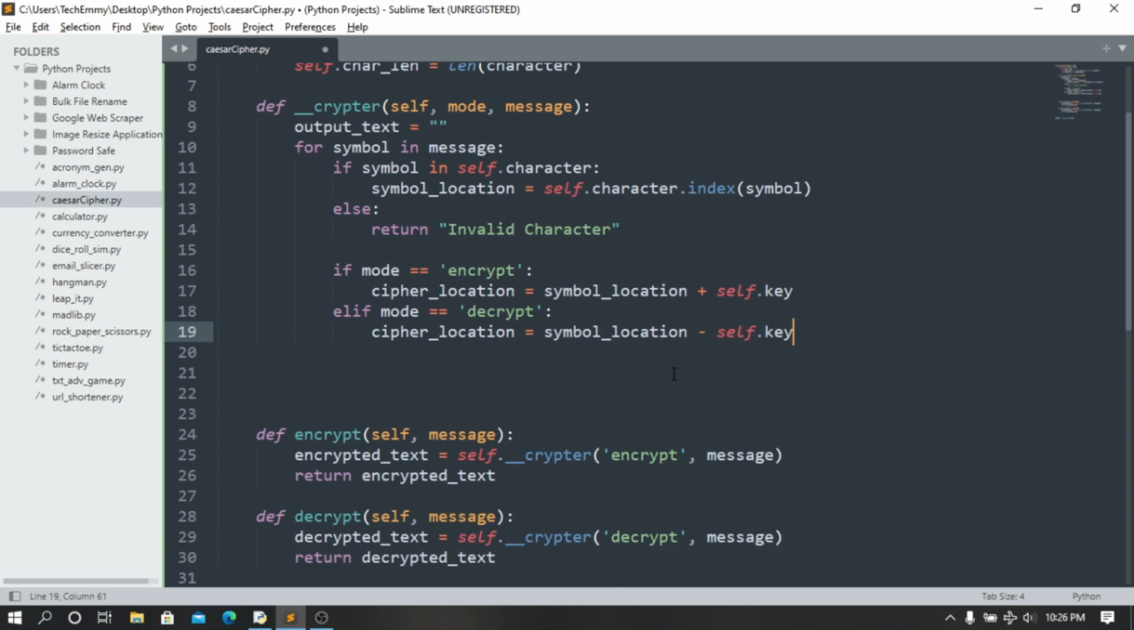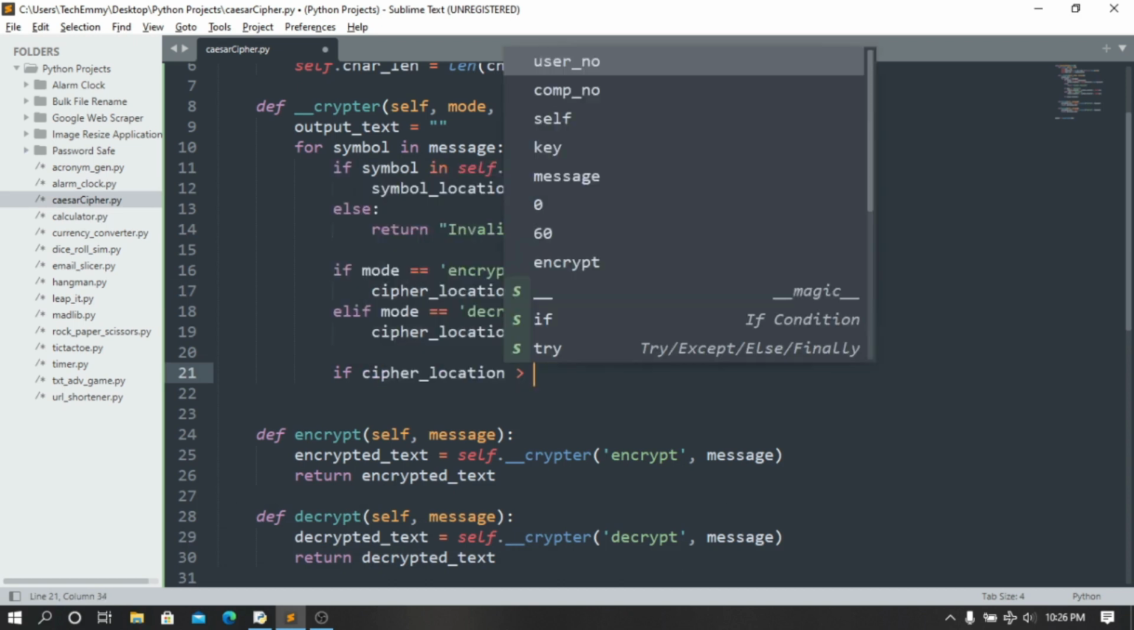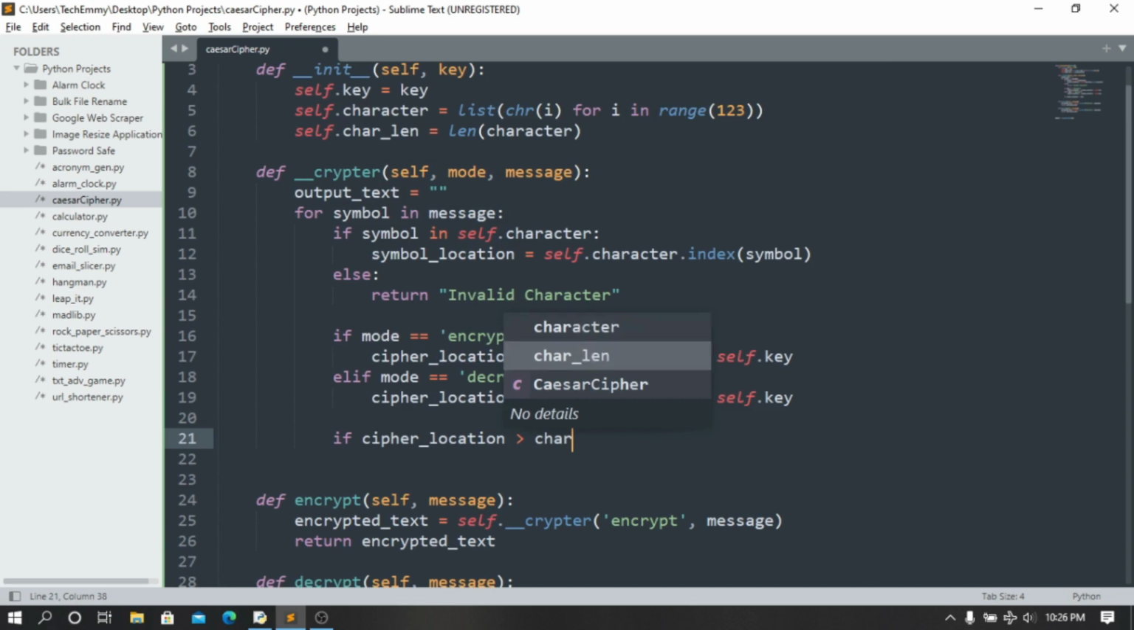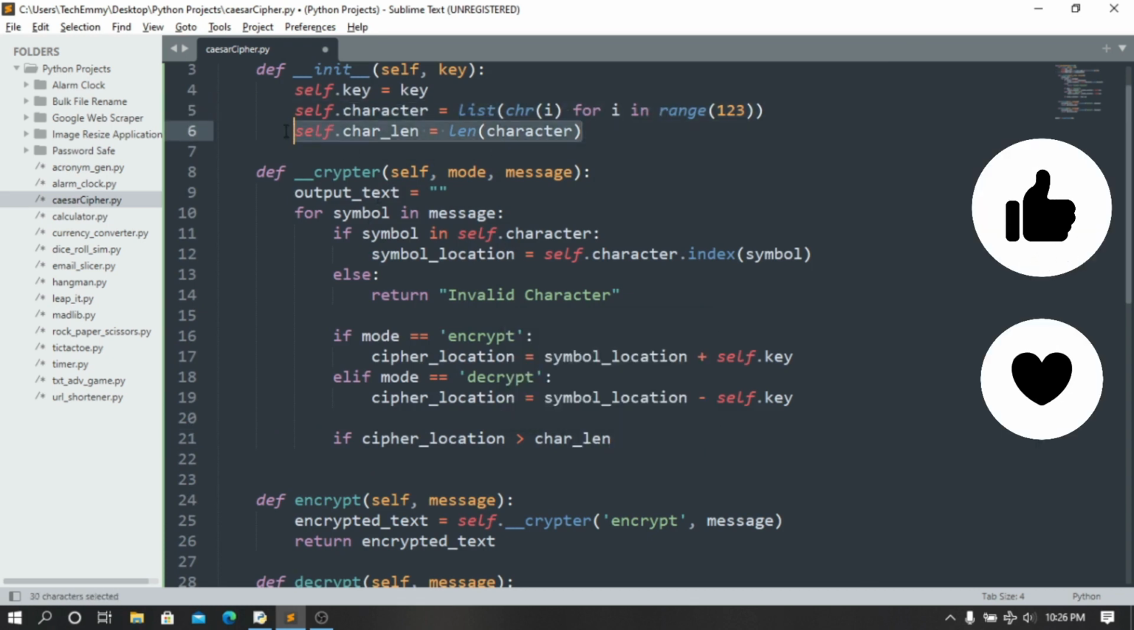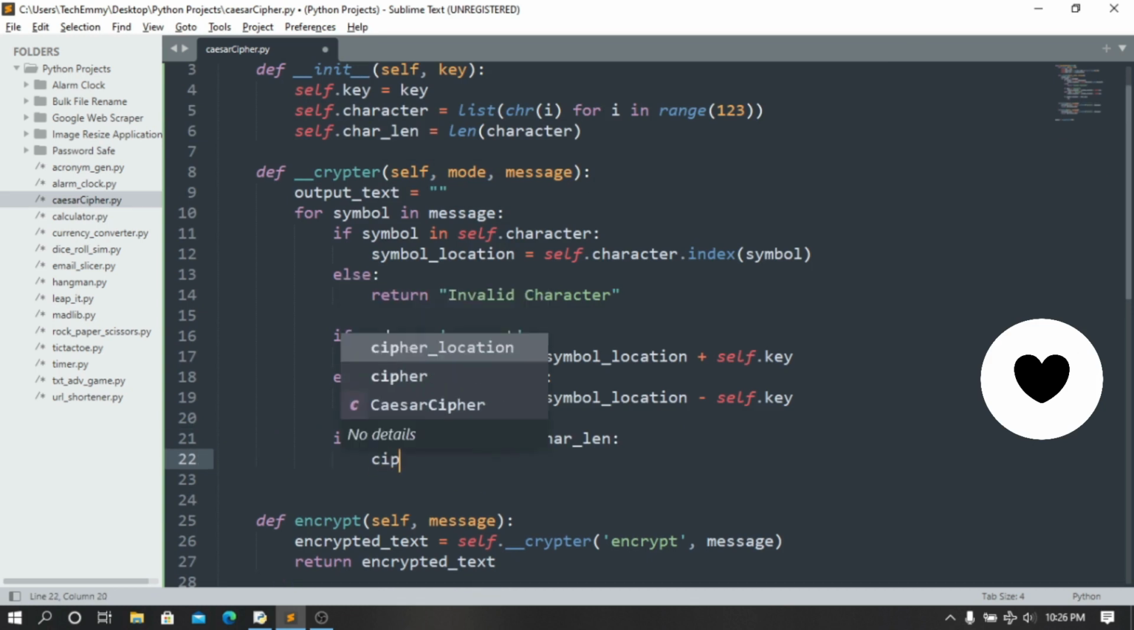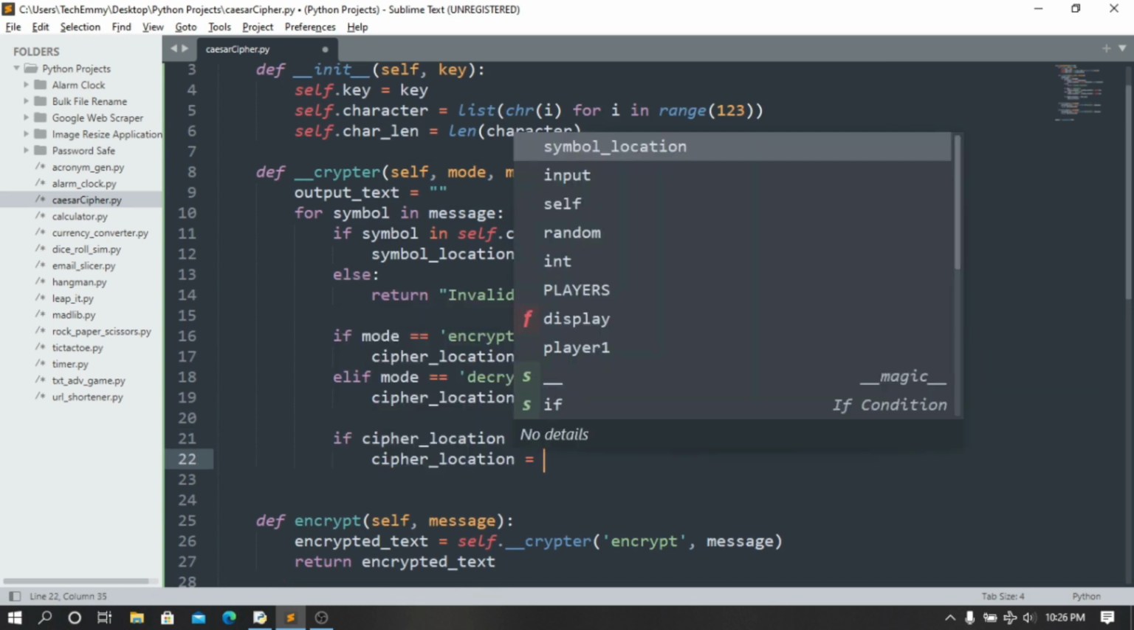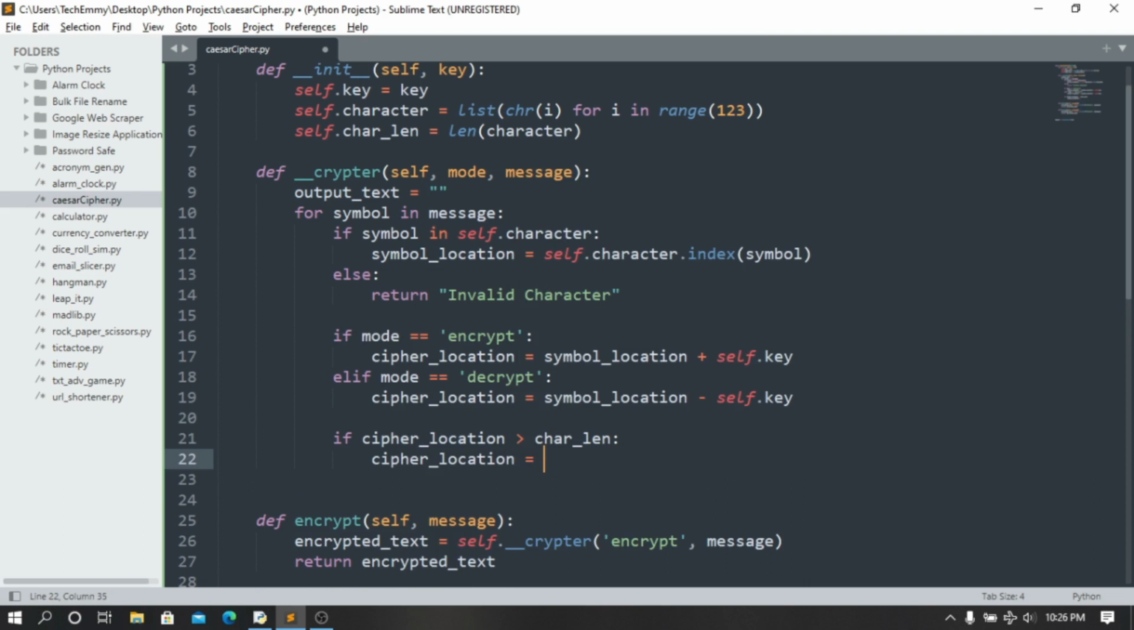So what we're going to do here is come down here. We're going to say if our cipher location is greater than our character length. Okay, this is it here. Remember we did this earlier on. So if that's greater than our character length, what we want to do is our new cipher location is going to be equal to cipher location minus array length, character length rather, sorry about that. Okay, that's the reason why I made this a variable, so we don't have to keep typing length